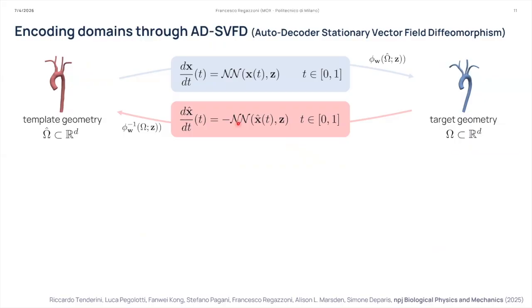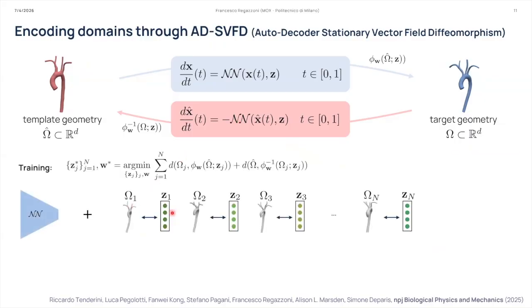And how do we train this model? Well, the idea is that at training time, we associate to each training geometry an unknown latent code from Z1 to Zn, and we simultaneously train the weights of the model and the shape code associated to each training geometry. So this framework is called autodecoder framework. And in the loss function, we put both the forward approximation and the backward approximation